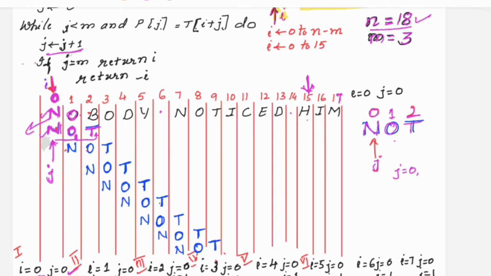You can check here in the for loop. As and when the letters get matched, j gets incremented by 1. So now j is pointing to t of the pattern, whereas i is pointing to b of the text. You are trying to match whether b is equal to t. b is equal to t, no. This condition 2 less than 3 is true. j equal to 2, m is 3, so this condition is true, but the other condition in the while loop, t is not equal to b, so this is false. So true logical ANDed with false is false.